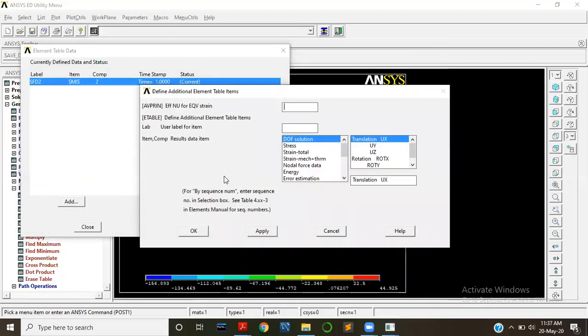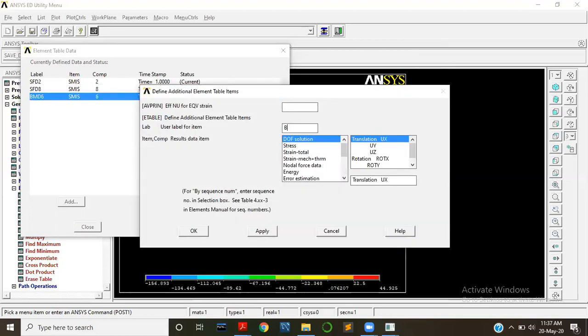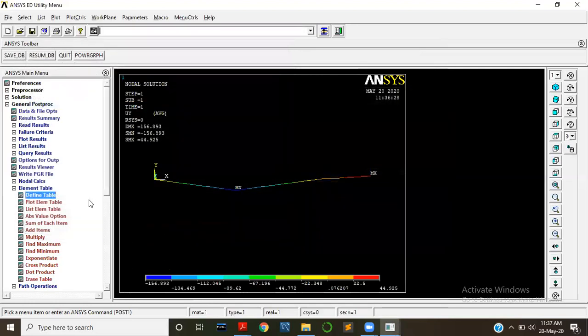Again, next we have to add SFD8 by sequence number SMISC8. Apply. Next BMD6 by sequence number SMISC6. Apply. BMD12 by sequence number SMISC12. Press OK. So we have written the code.